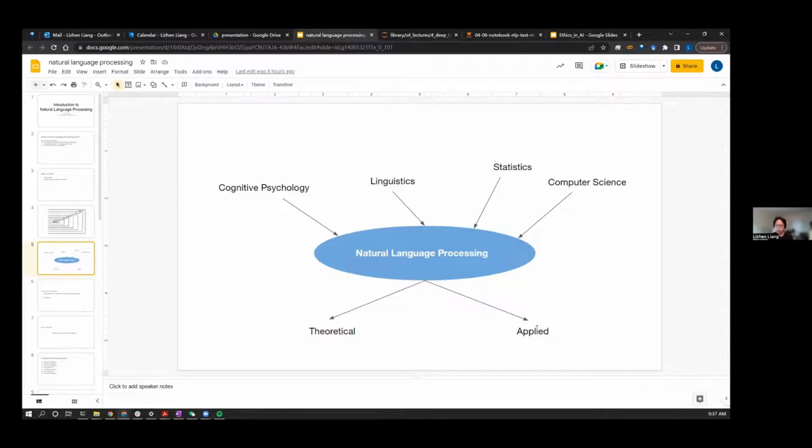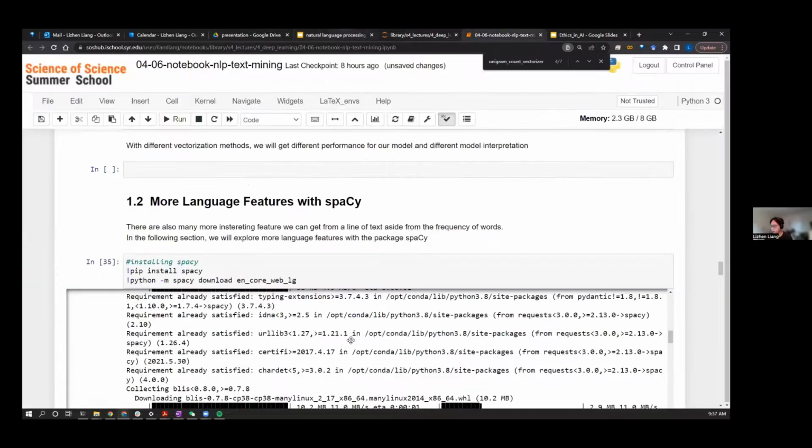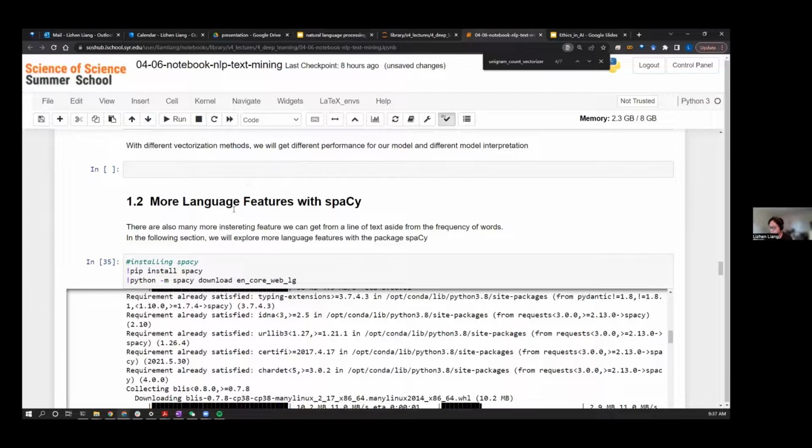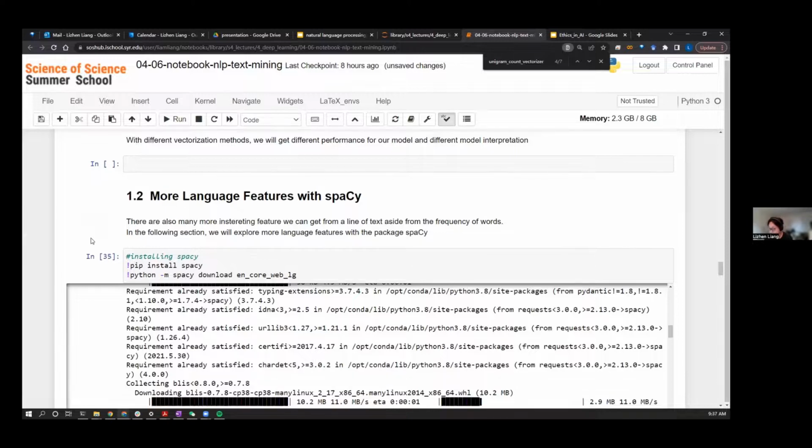But there are also researchers who are interested in developing those NLP techniques. Because someone has already worked on this, we don't have to develop or train our own NLP models. By using spaCy, we're basically using other people's models to analyze our own text.